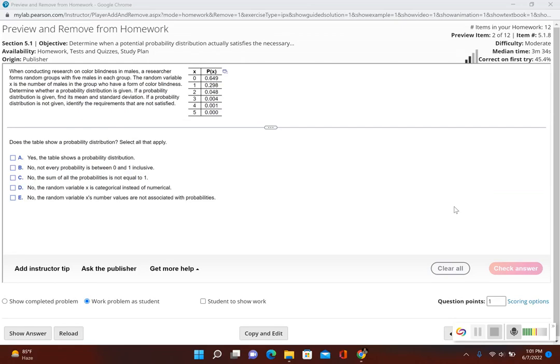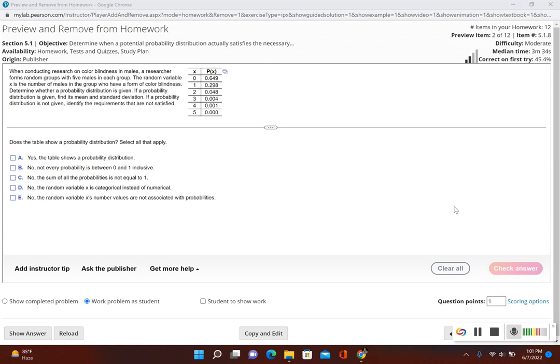In this problem, we take a look at a probability distribution. The first thing we have to do is determine if the table shown is actually a probability distribution or not. So for this problem, it says, when conducting research on color blindness in males, a researcher forms